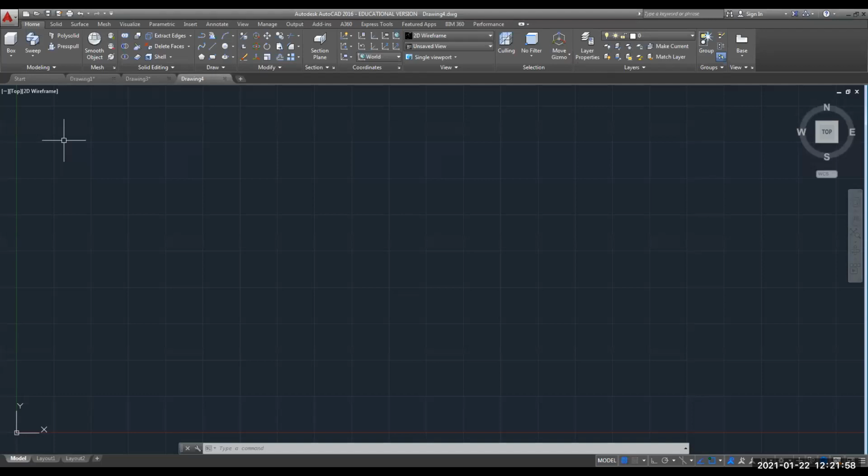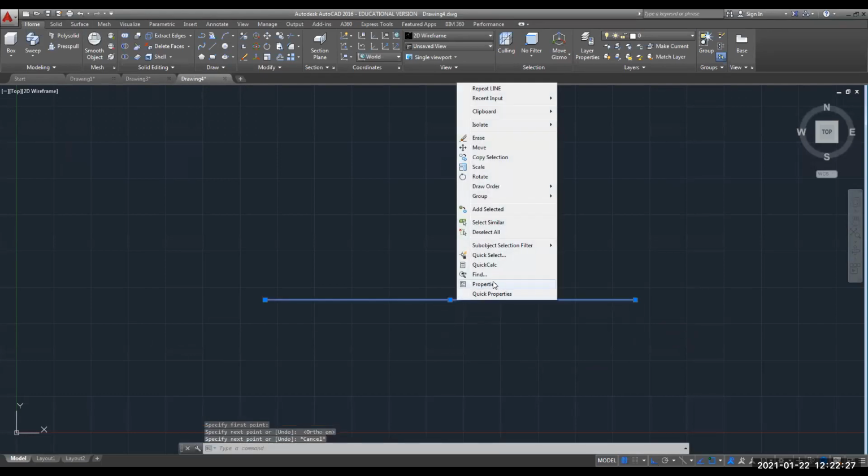So let's draw the basic geometry. I will start with this 2D figure. Length I am taking at random values. For a pulley, we need one axis. So first I will draw the axis or center line of your pulley. Suppose this is the center line of the pulley. Let's convert it to a center line.